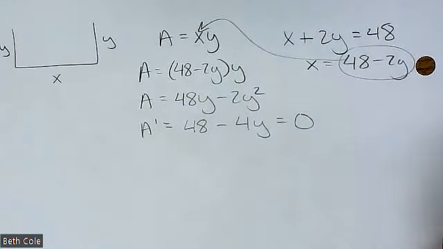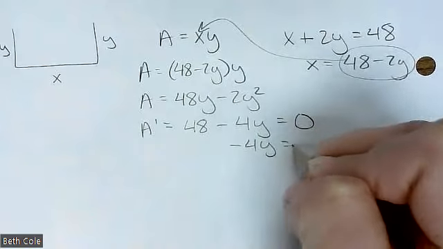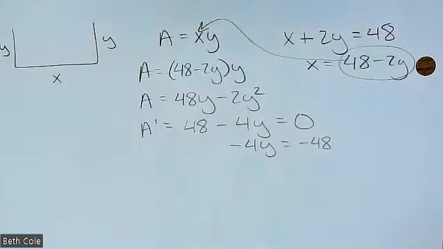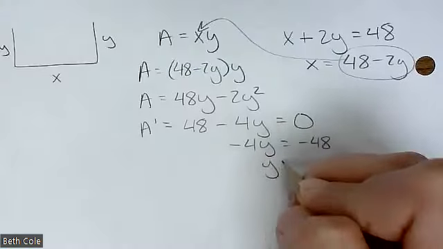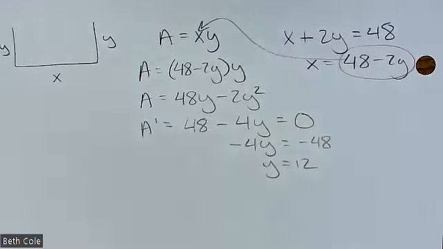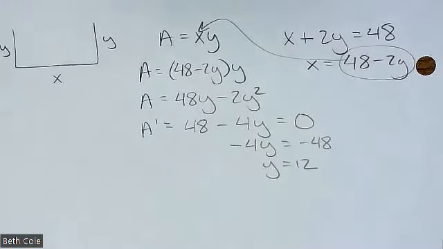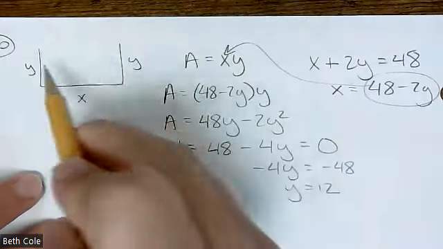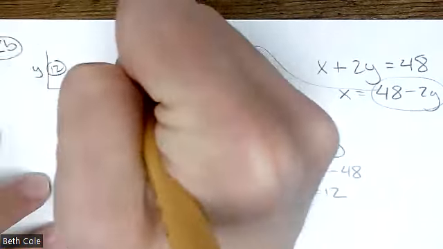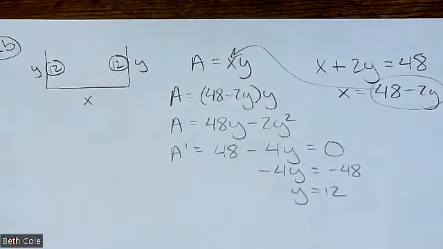And then just keep going. You want to solve that. So subtract the 48. And y would be 12. But x is not 12. It's not a perfect square because you took out one of the sides, like you threw it off by a little bit. If y is 12, so both of these are 12, if we're looking at our picture,